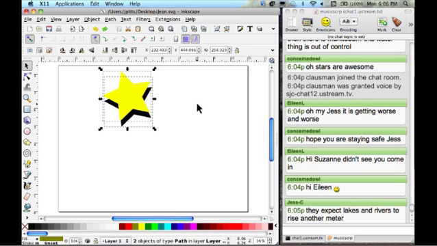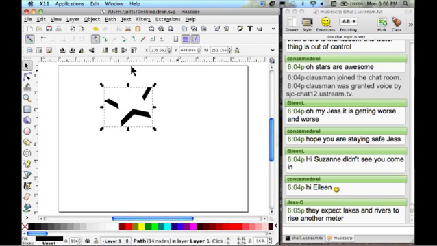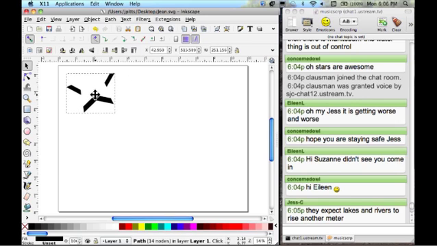Okay, so what I want to be left with is the black part that's showing. So I'm going to go to Path, and I'm going to Difference. All right, so now I'm left with just the black part. Okay, so it's going to look like a popped up star, kind of. Now, I'm actually going to turn this into a stencil. So I'm going to,